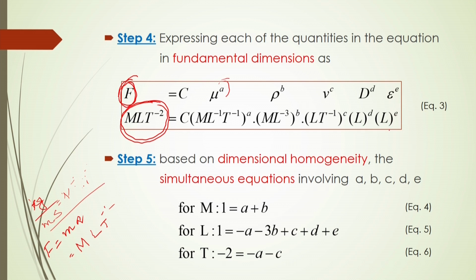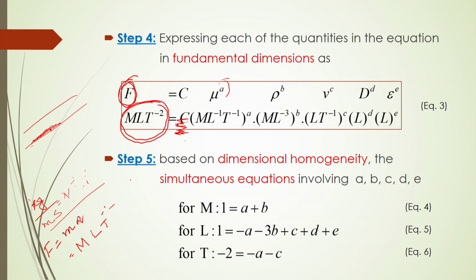Similarly, epsilon is the roughness factor. That roughness is nothing but how much skin or scaling there is inside the pipe, so it will be very small, minute. If we consider this is the pipe, the wall of the pipe will be scaled with some chemicals, so there will be some roughness. That roughness is denoted by a small length. So, its dimensions will be L, so L to the power e here.